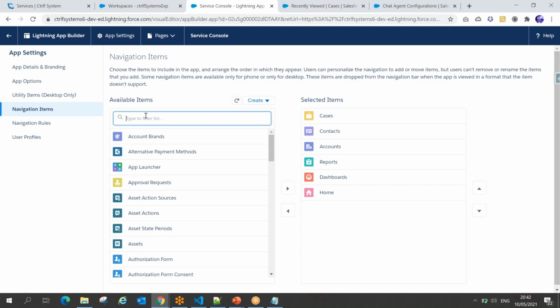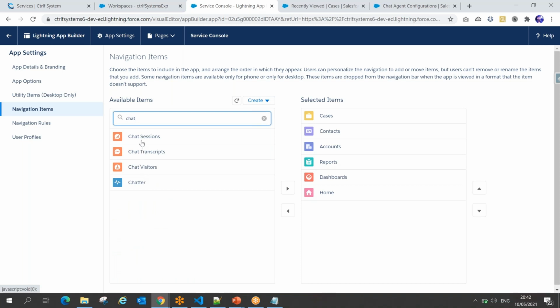To do that, what I'll do? Simply I can search your chat. You can see something called